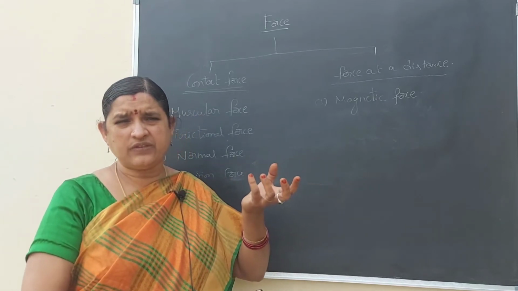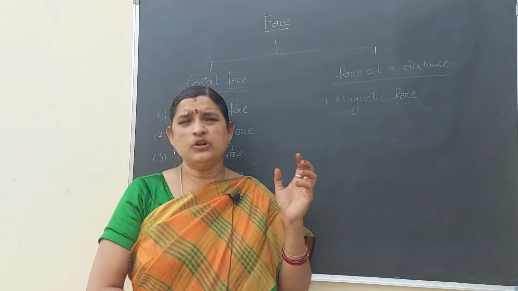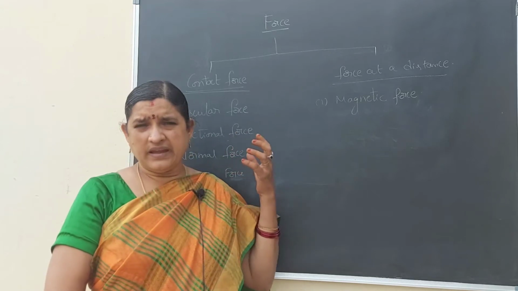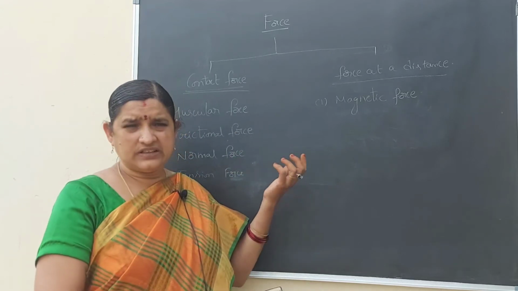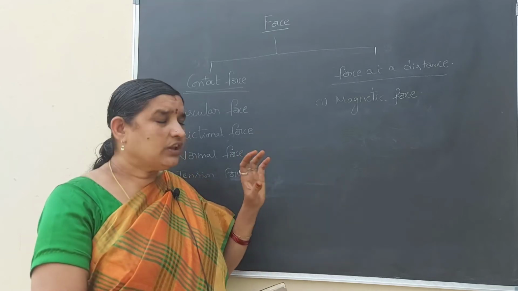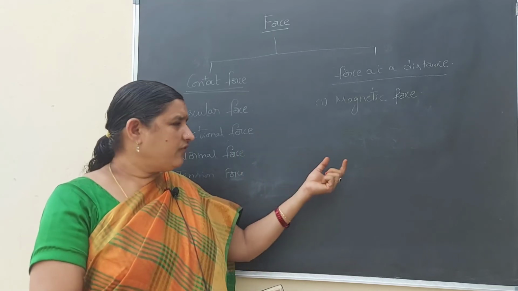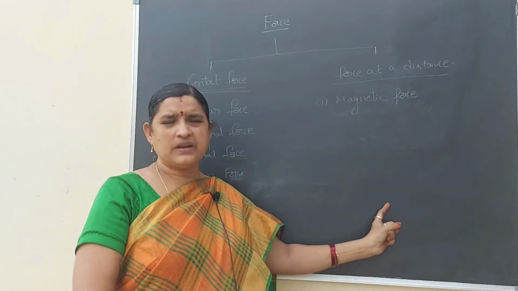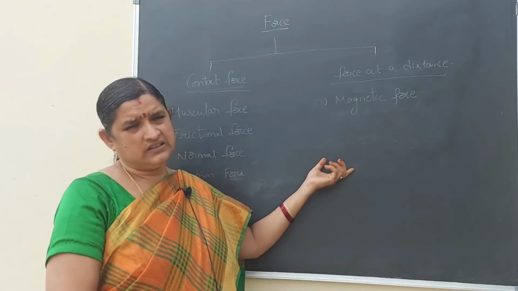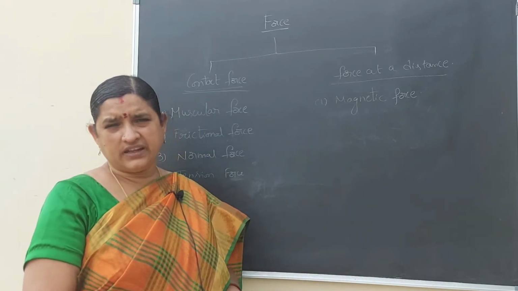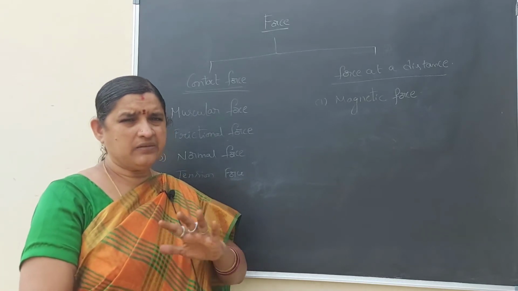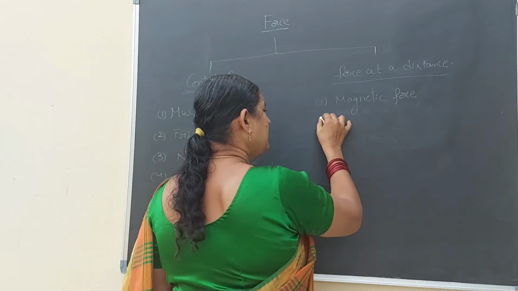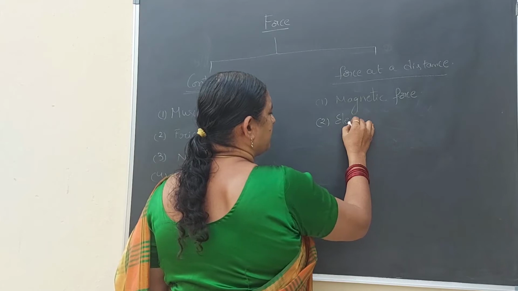We already know that a magnet at the poles has more magnetic power than the middle portion. So the magnetic materials are attracted by the magnet without any physical contact. If you keep a magnet here, its field exerts force towards the magnet, and that is called magnetic force. Magnets attract the magnetic materials without any physical contact. The next one is electrostatic force.